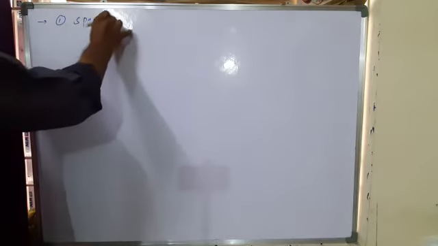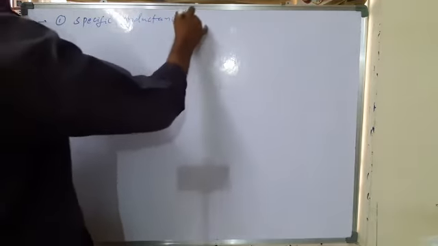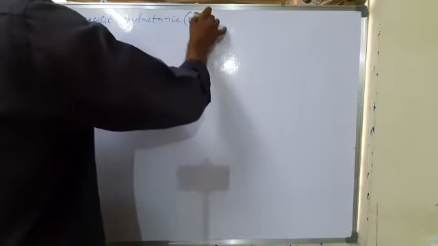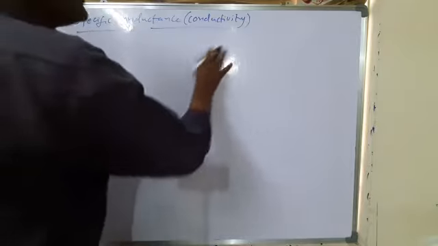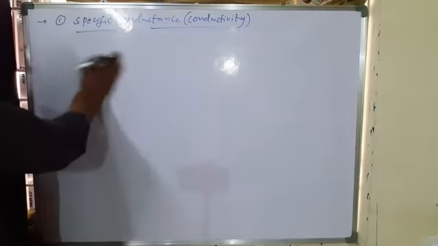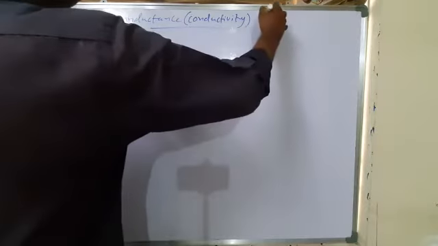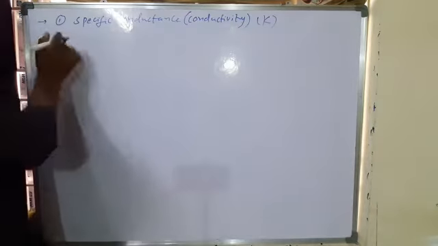So next, conductance of the solution can be expressed in three ways. That is specific conductance, also called conductivity, which is the reciprocal of specific resistance. The symbol is represented by K. And the second one is